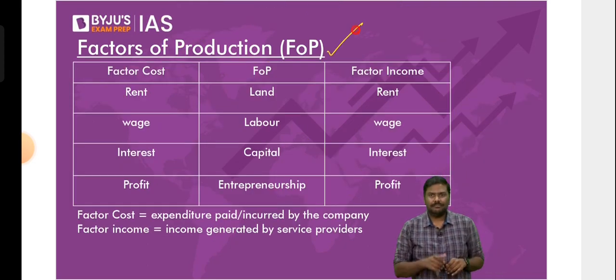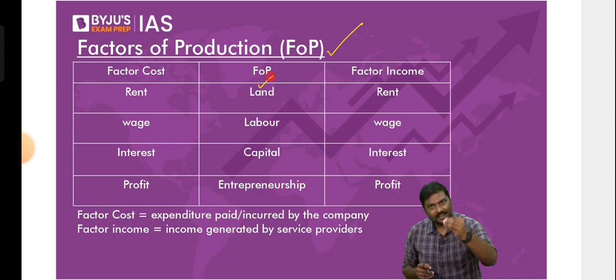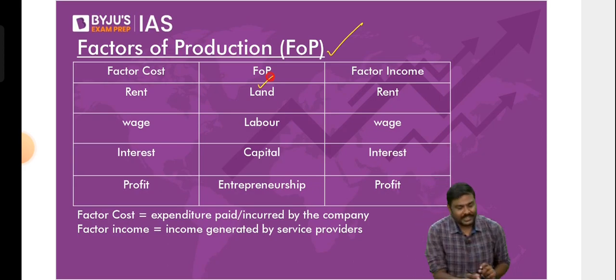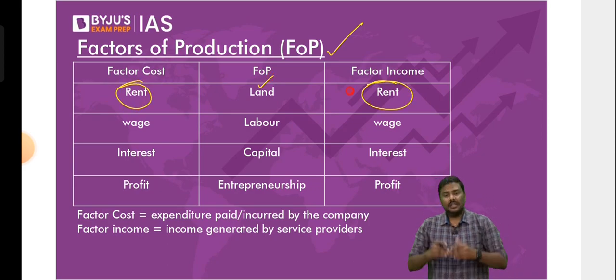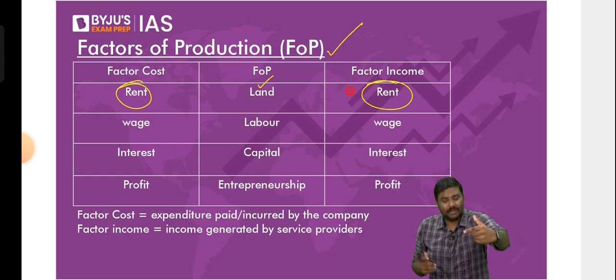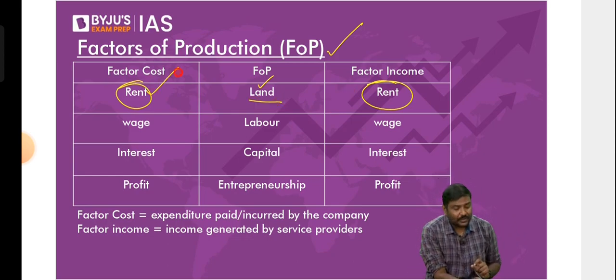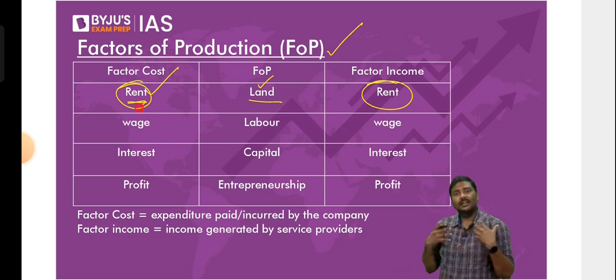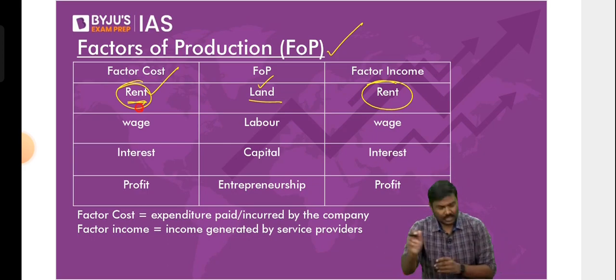Right? Remember this particular table. Simple. I'll explain it. We'll be using this again and again. Whenever the company uses land, company pays in return something. Some amount is given, and that amount technically is referred to as rent. I'll repeat the statement. Whenever the company uses something in the form of land, the company will have to pay a certain amount of money because they're using land, and that in economics is referred to as rent. For example, you take a piece of land on rent basis, you'll pay rent on this. Apply the same logic here.